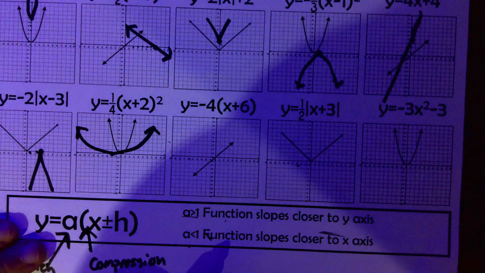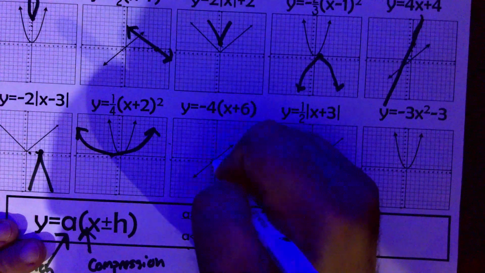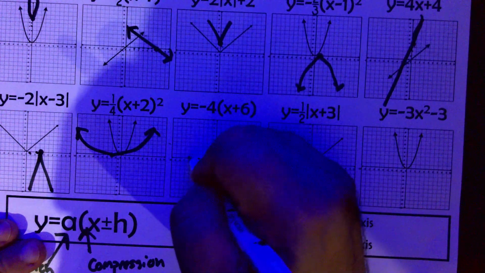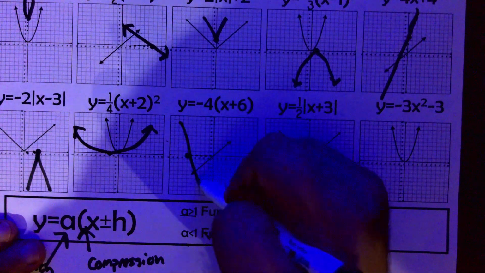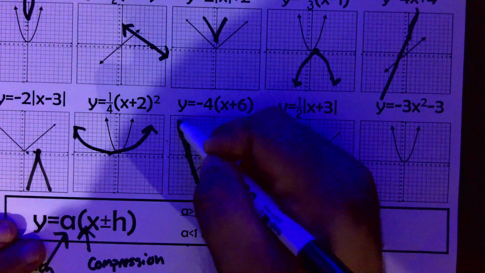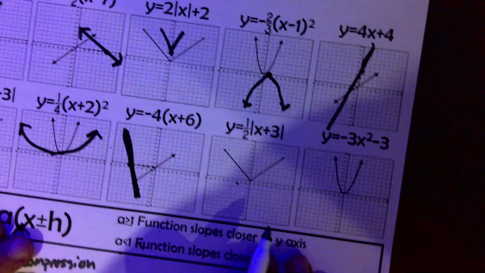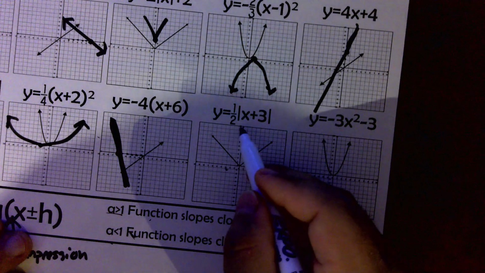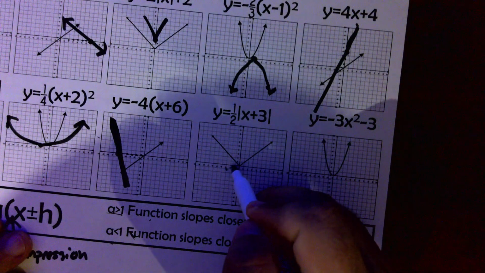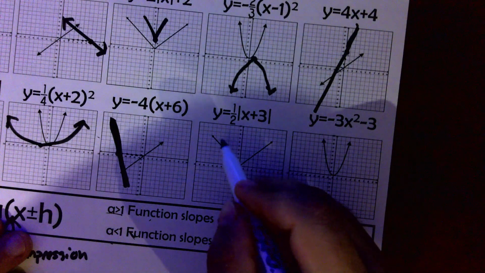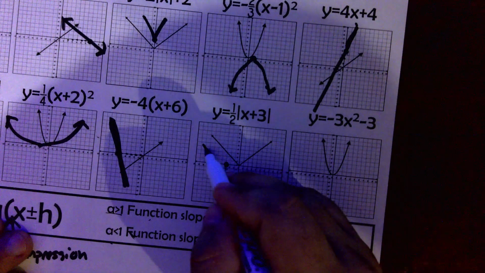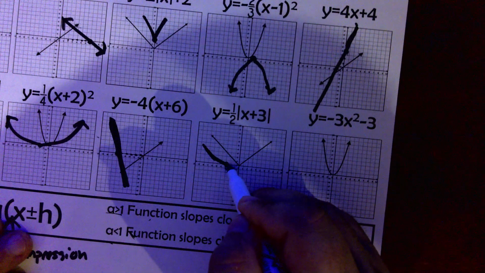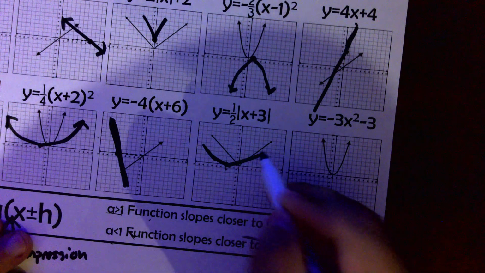All right, negative 4 times x plus 6. So we're going to go left 6. 1, 2, 3, 4, 5, 6. Super steep, but going down because it's a negative. All right, 1/2 times x plus 3. So we're going to go left 1, 2, 3. And 1/2 means a little bit fatter. It's not super, but it should be obvious that this is a little bit fatter